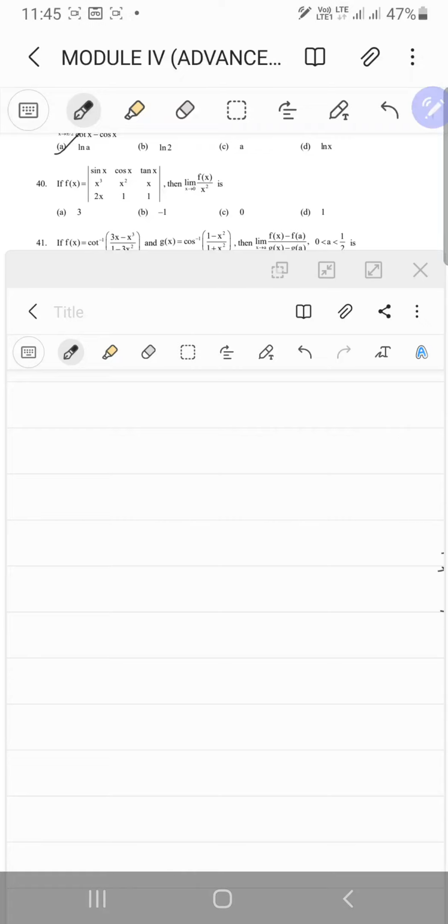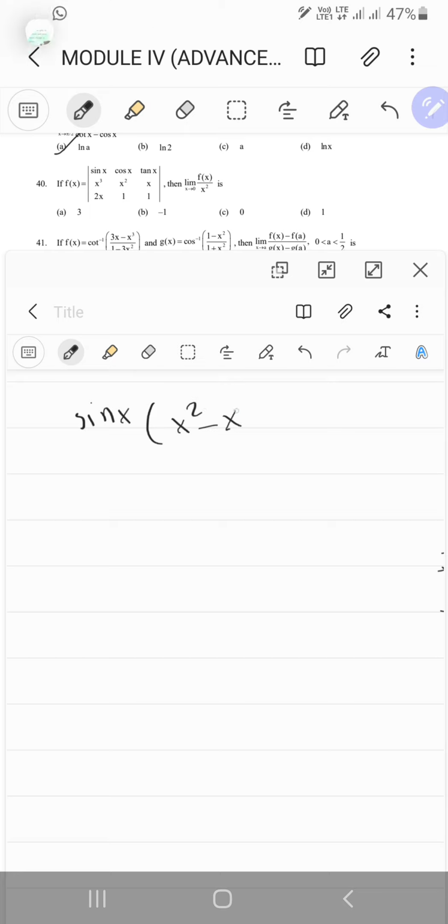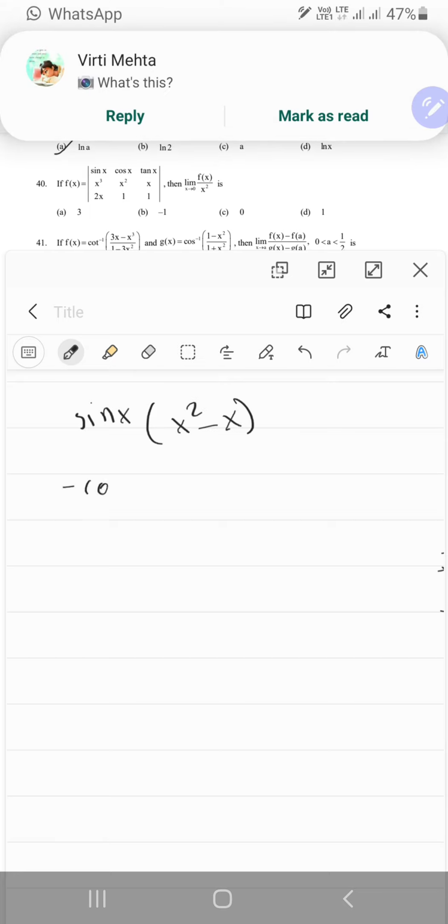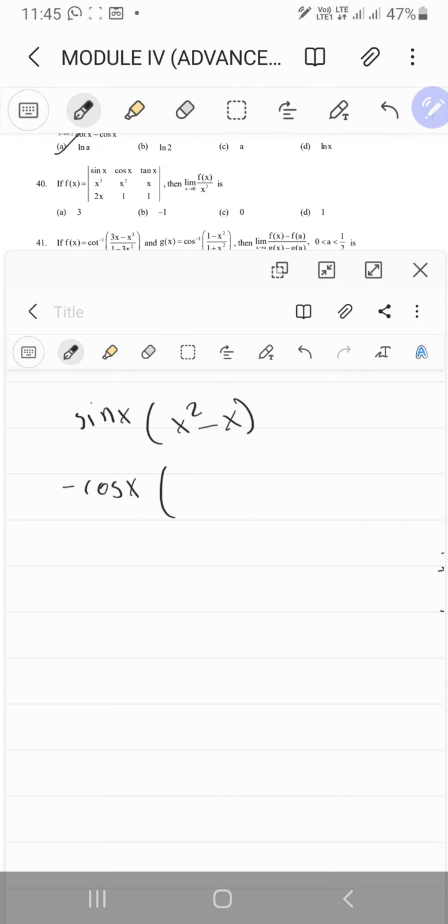Okay, so I searched how to find the determinant of a 3 by 3 matrix, and now I know how to do it. Anyway, let's just do this. So it's going to be sine x into x squared minus x, minus cosine x into x cubed into 1, which is x cubed, minus 2x squared, plus tan x